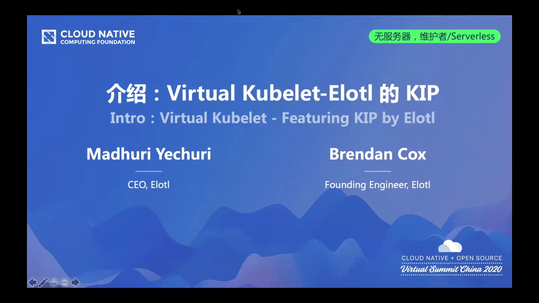If there are cloud providers outside of AWS, GCP, and Azure that you would be interested in seeing as part of KIP, please file an issue under KIP, and we will definitely add support for it. Thank you so much. Let me point out the issues section for KIP, where you can add the cloud providers that you would be interested in seeing under KIP, and we will add support for it. Thanks so much.